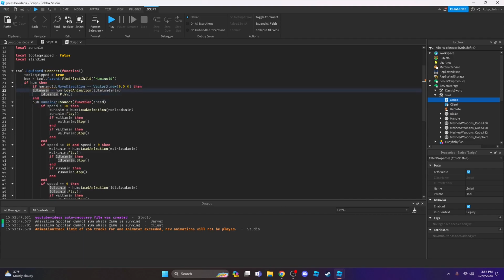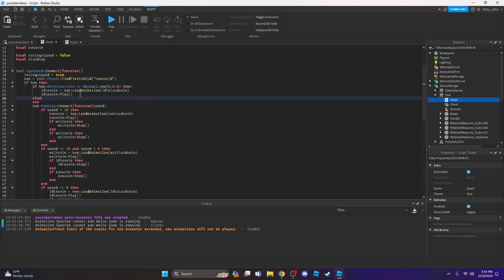And then equals 0 then, and then we got to change this humanoid to our original definition of it. So if humanoid move direction is equal to this, then we'll play this thing. And then what we could do is do an else statement,